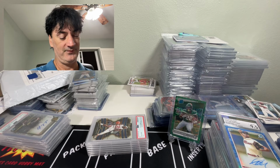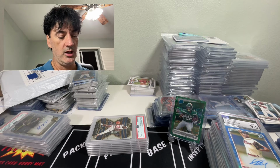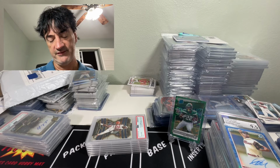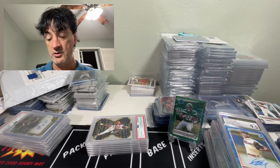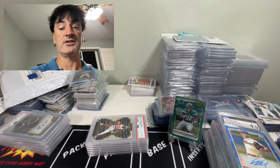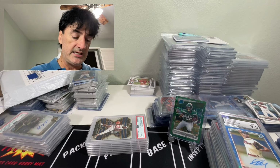You know what, let me take a look at this raw card real quick. This is DC Sports, so mainly I buy slabs off of there. Like I said, I know a few of you use them to sell. A lot of you have probably bought from there before. The raw cards that I've bought from DC,